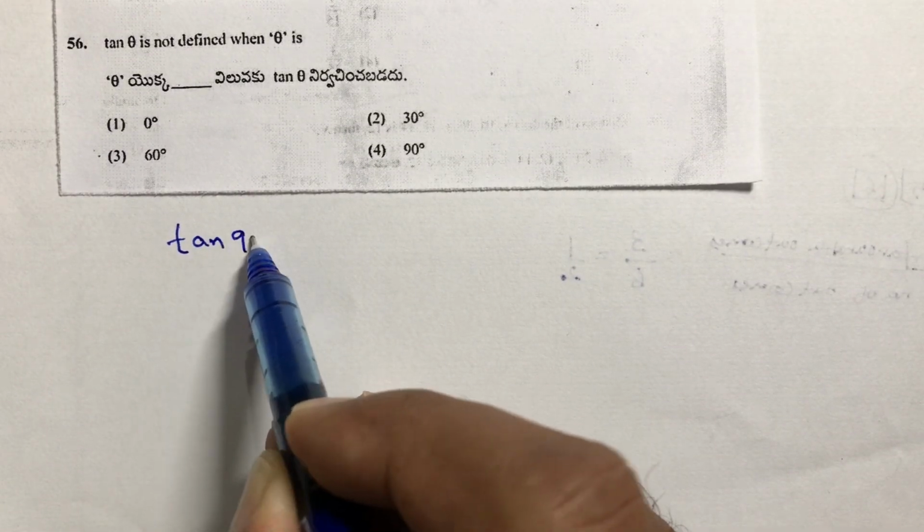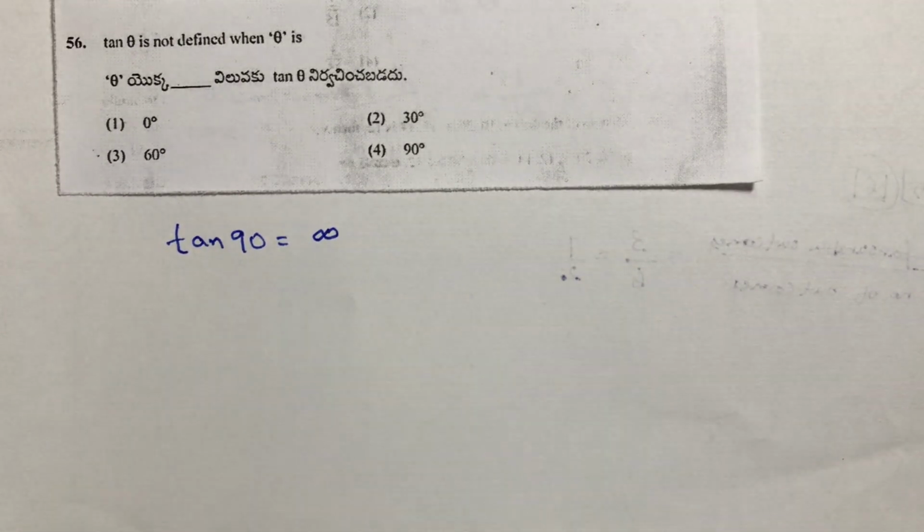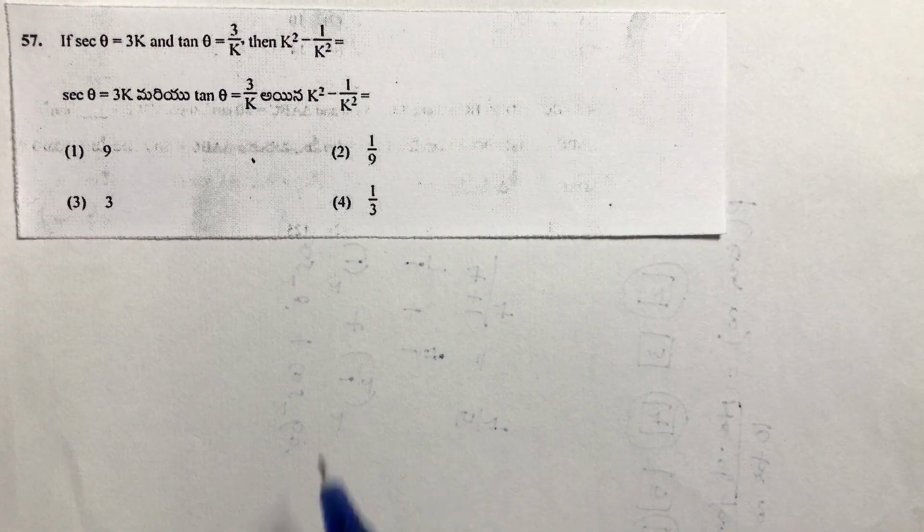Tan theta is not defined when theta is 90 degrees. Tan 90 is infinity, not defined. So the correct option is